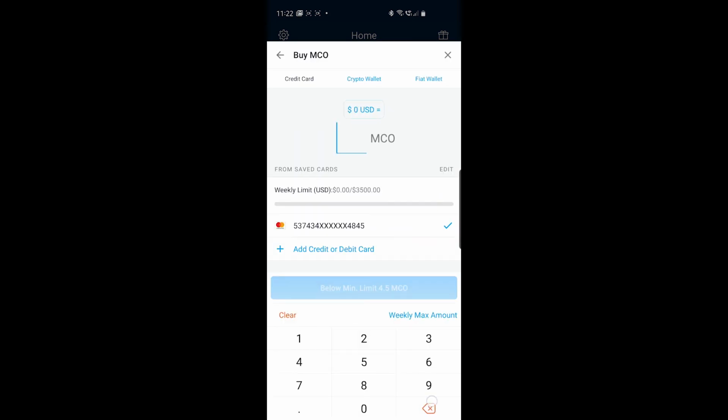It's around actually 285 right now. The price is very volatile, it goes up and down. You lock it up for 6 months and then we both get 50 USD. Locking this 50 MCO for 6 months will actually get you a better debit card. So if you go to the main screen and select card,